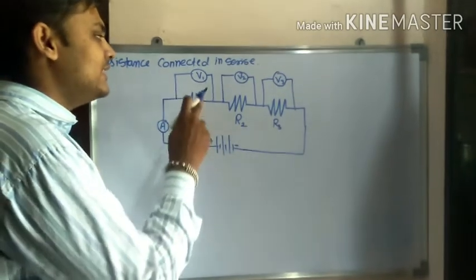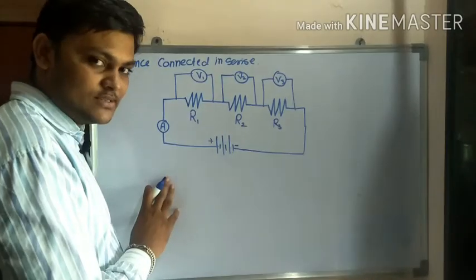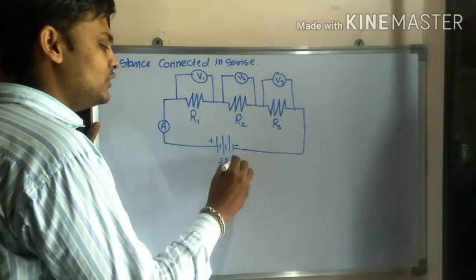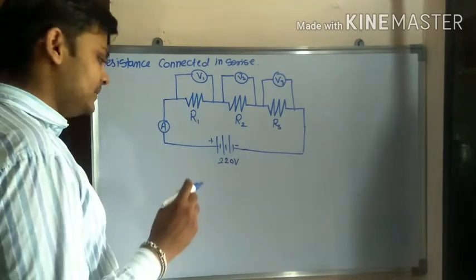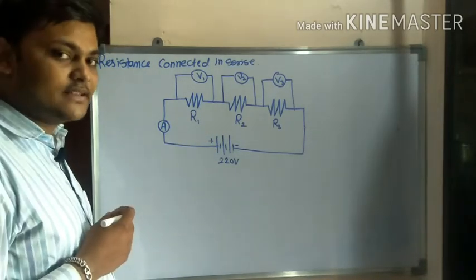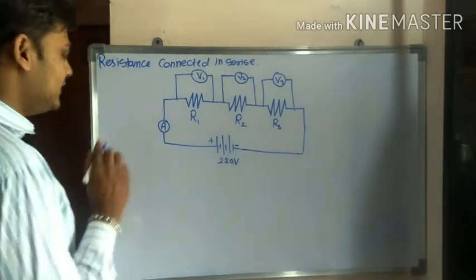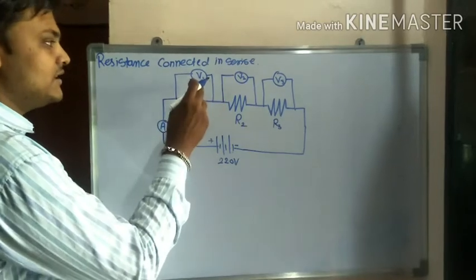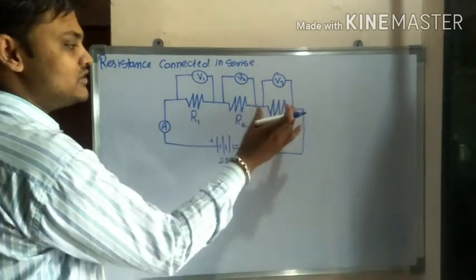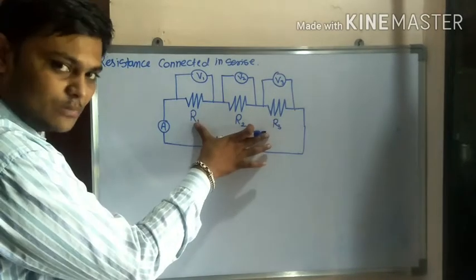We know that the current across each resistor remains constant, because the current flow through the device depends on the value of the resistor, so here the current is constant. When current is constant, look: the potential here, the potential here and the potential here, if we add all three, we get the total potential difference.